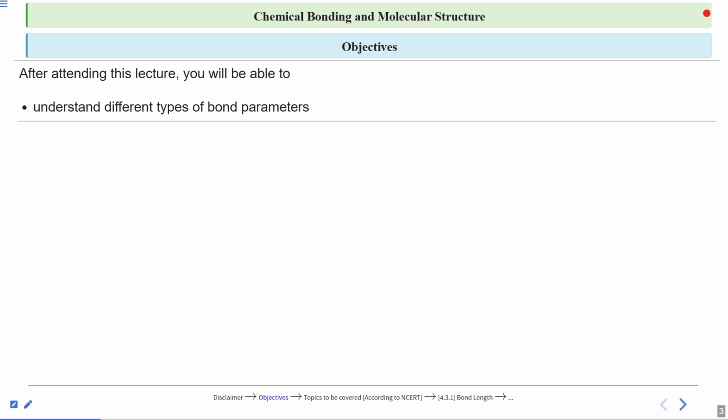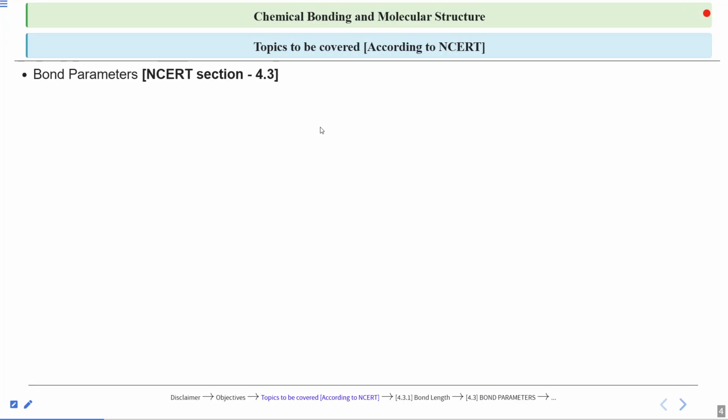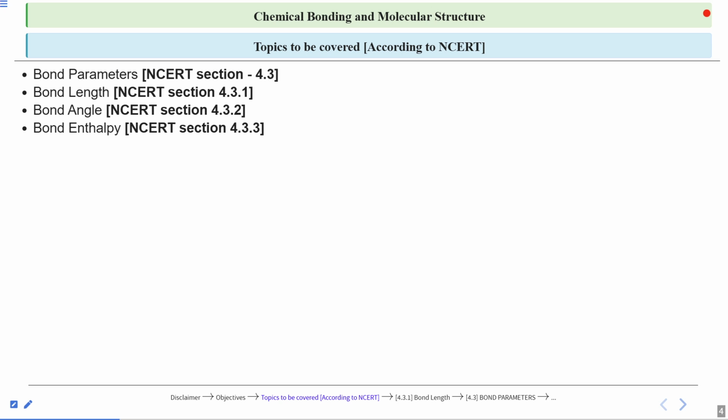Now there are multiple bond parameters that are used to quantify a given chemical species in the molecular structure. So we will go through those parameters and try to understand the specific definition of those parameters and how they are used to predict the specificity of a molecule. It is from section 4.3, bond parameters, in which we will see bond length, bond angle, bond enthalpy,